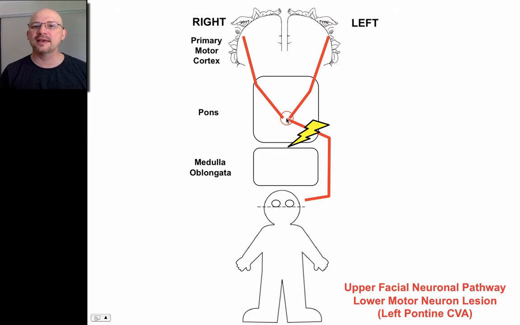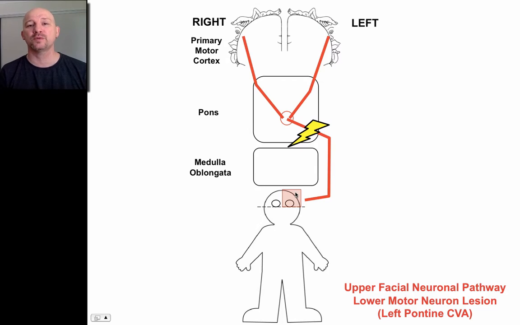They hit this ganglia successfully, and they transfer onto the one train, which takes all of that information down to the left forehead, but the tracks are broken. So the signal stops, and we can't control the motor forehead on the left side of the body. So we get hemiplegia in the left forehead, which means that in the real world we see a patient